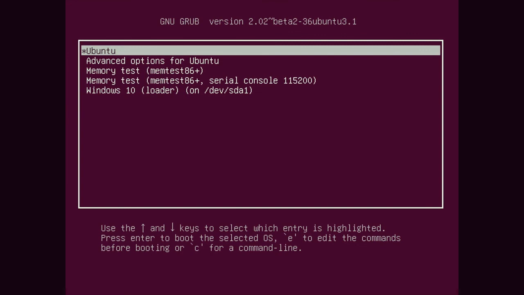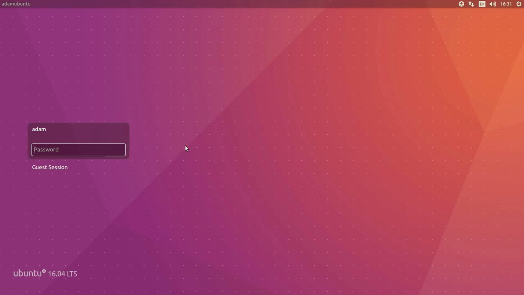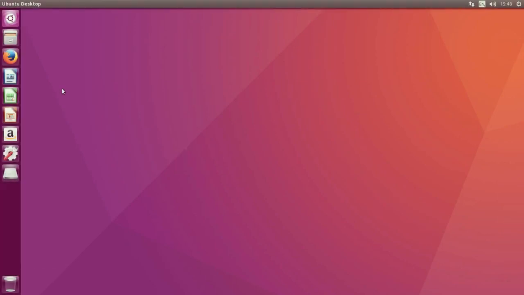If you want to customize how this menu looks, you want to go into Ubuntu, and I'll show you how to customize the GRUB menu to make it look more interesting. Alright, so after you're in Ubuntu, you want to log in with the details you used during the installation. Alright, so after you're at the desktop, you'll